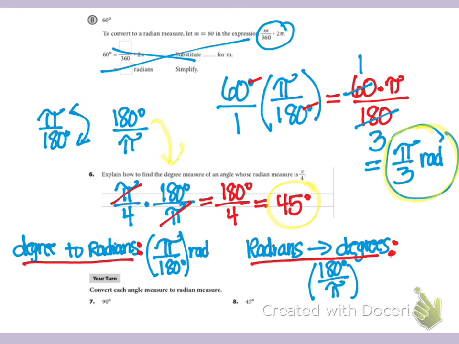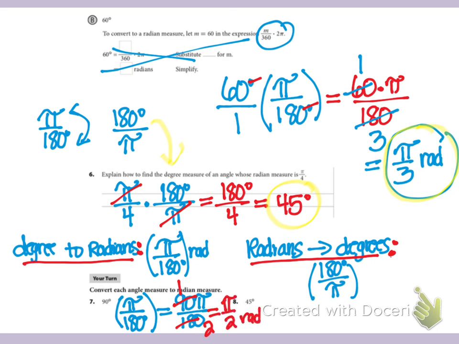So I want to convert 90 degrees into radians. So I'm going to use the one that has the degrees on the bottom because I want to get radians. So that's pi over 180 degrees. So that's really 90 pi over 180. And I can divide 90 out of 90 one time and out of 180 two times. So that's pi over 2 radians. Okay. And then if I wanted to do 45 degrees,